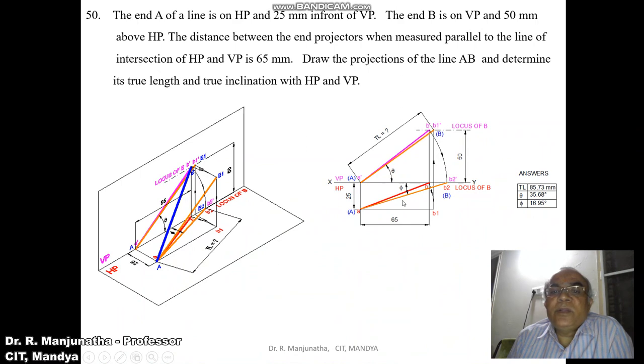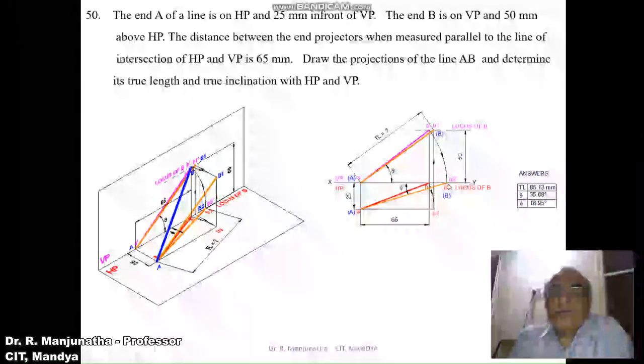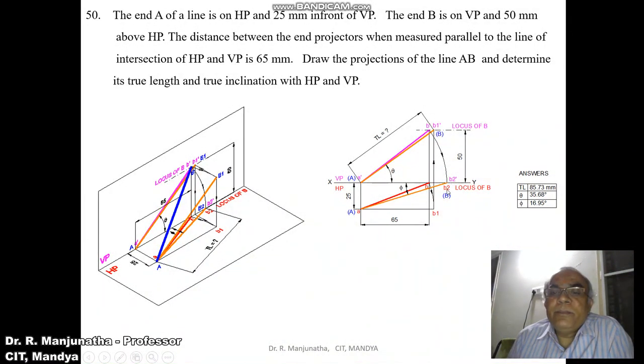The next is, now we need to find out the true length in the horizontal plane. To find out the true length in the horizontal plane, make the line parallel to HP. So A dash is on HP; with A dash as center, taking the radius of A dash B dash, by using the compass, draw an arc such that B dash will also touch the XY line in the front view. So you mark that point as B2 dash, but B2 is already on the vertical plane, so B2 will be in the top view. So it is a case wherein the point B is on both the horizontal plane and the vertical plane.